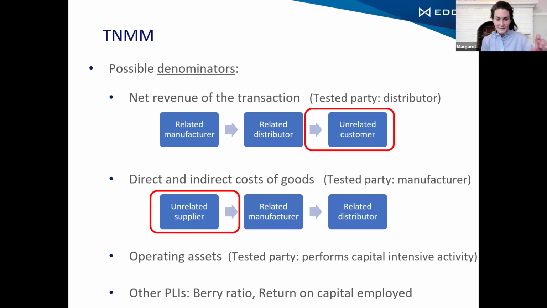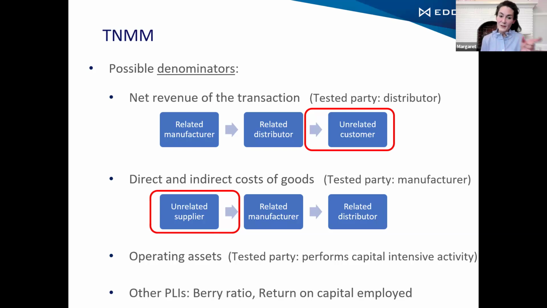In the first bullet, it's net revenue. If your tested party is the distributor, you want to pick the piece of its income statement that relates to its activity with the unrelated customer. Because it's a distributor, it's selling to the unrelated customer, so you're going to have net revenue or sales in the denominator.